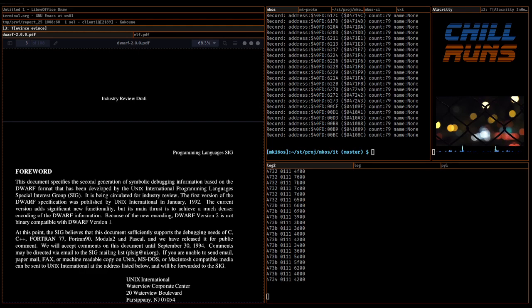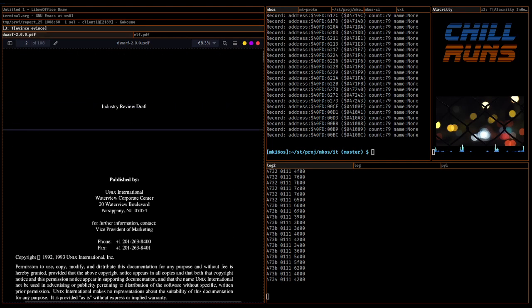Wikipedia says up there. Unless it's not actually an acronym. Okay, the backronym, debugging with arbitrary record formats, has been proposed. It had no official meaning originally. Anyway,